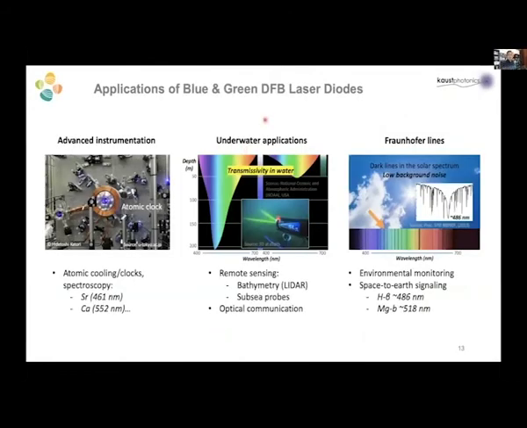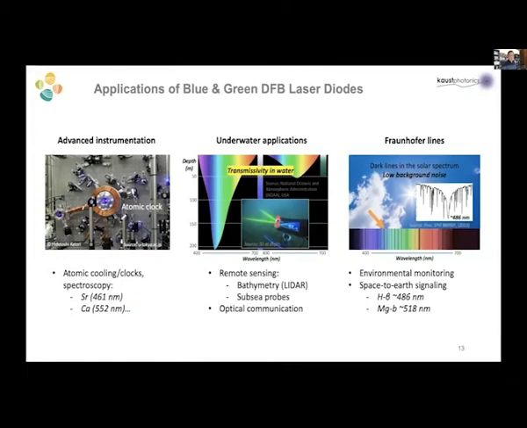Let me switch gears a little bit to go into the high-speed laser that we're developing. The DFB laser that we focus on is in blue color and green color. A couple of other side applications other than visible light communications: this laser can also find applications in the atomic clock, for example, particularly for cooling or trapping strontium, which happens in the blue color at 461 nanometers or so. And of course, in underwater comm, that is required because